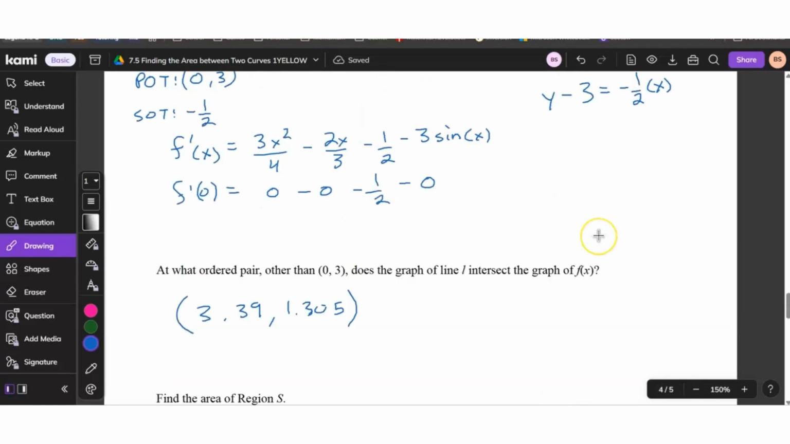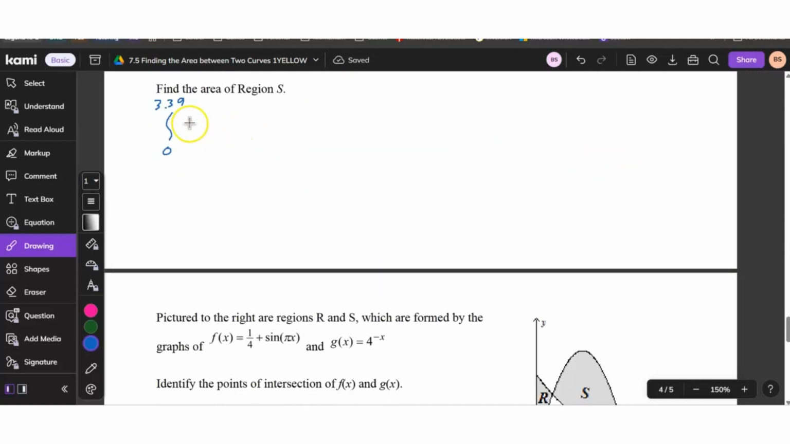The line. Now, unfortunately, that means I probably should change this line to be in y equals form. So it's going to be y equals negative 1/2 x plus 3. Okay, so that's the one I'm going to use first. Negative 1/2 x plus 3